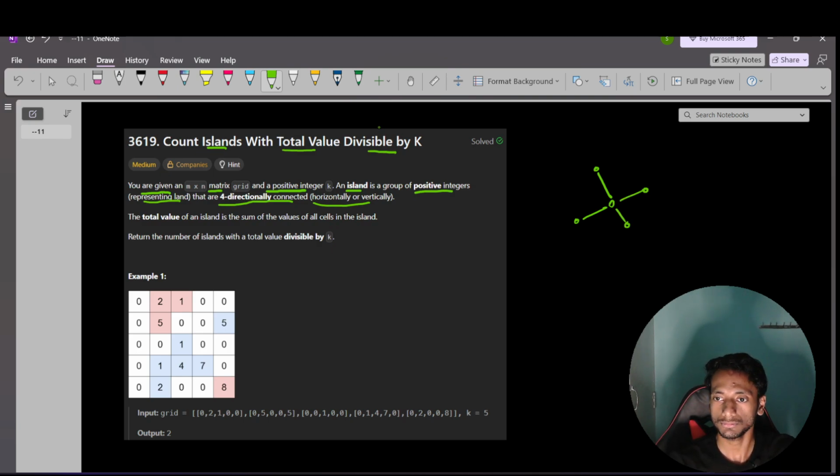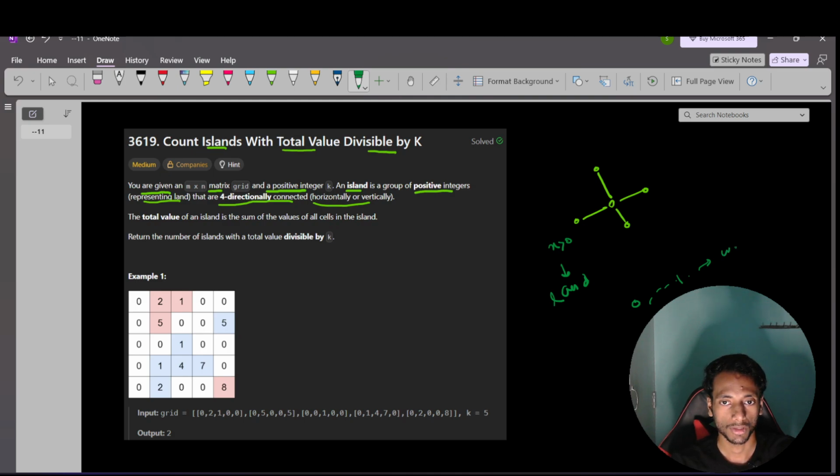So land means the value is greater than 0, and anything else, meaning 0 or -1, is